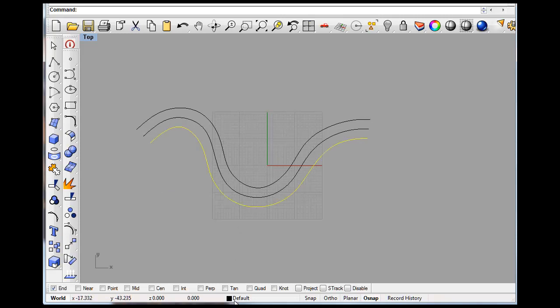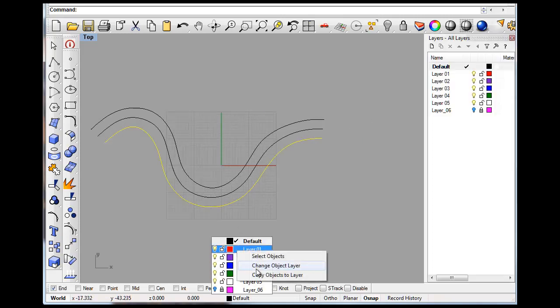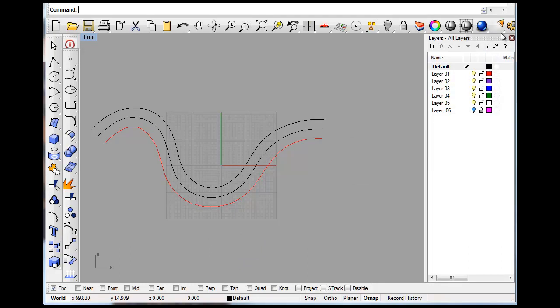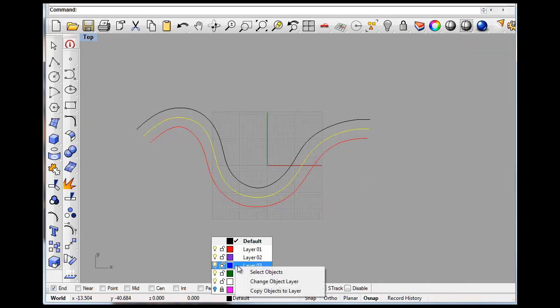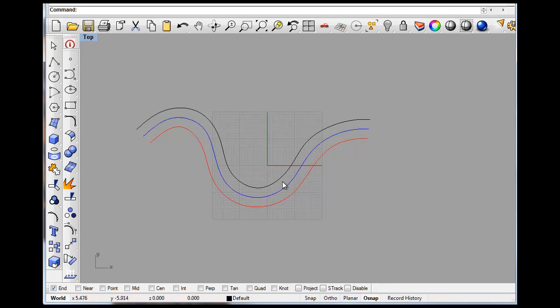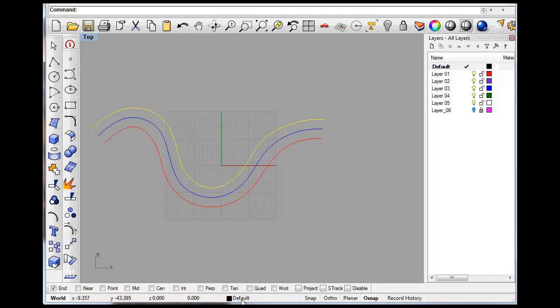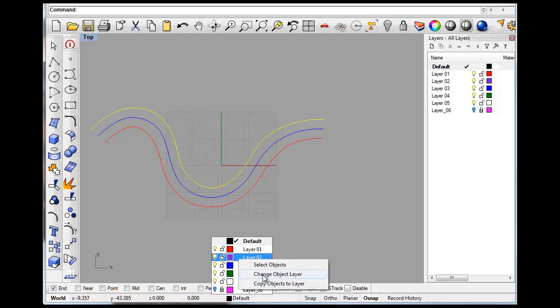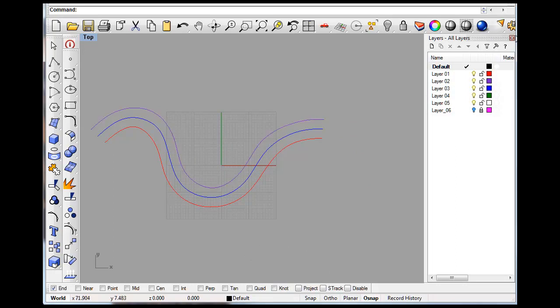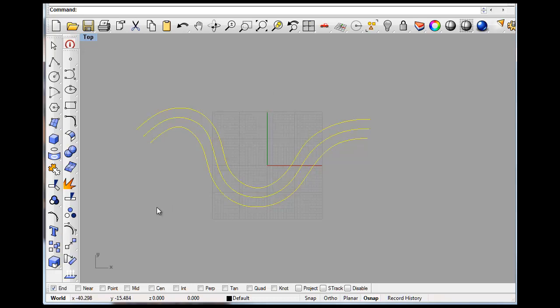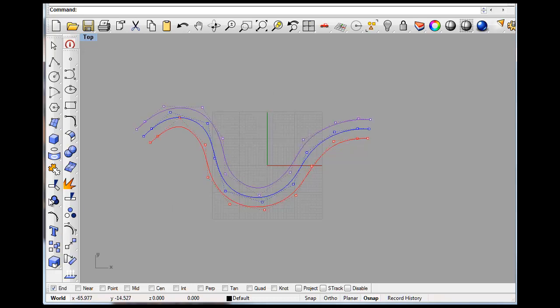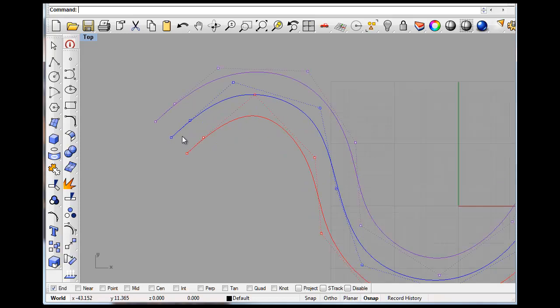So we select that one, put that onto that layer, select that one, put that one onto that layer, select that one, put that one onto that layer. Now it just makes it easier when you try to pick the points in a minute. So highlight them again, points on, and then move that to there,